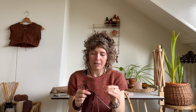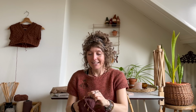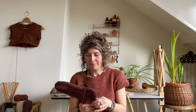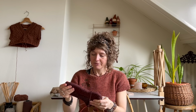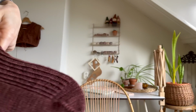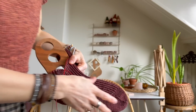And I want to make a pair of really plain socks, and I don't know if it's heart jumping yet. Yeah, I do know. It's not heart jumping yet, because when it's heart jumping, you know. But I think it can be heart jumping. The twisted rib, I think it's looking nice in this yarn, but it's also